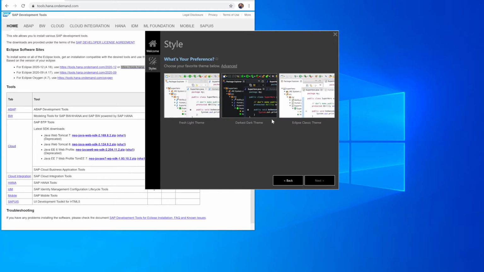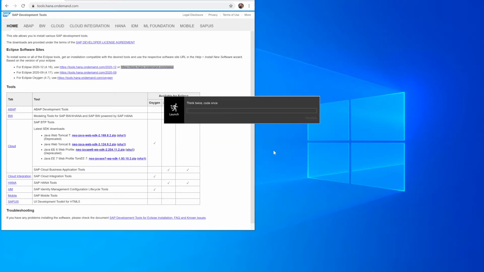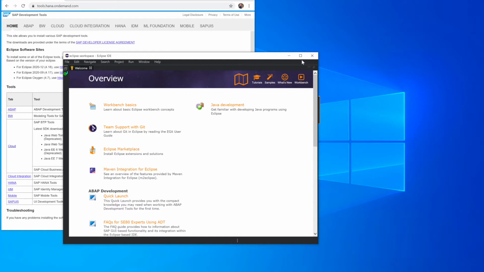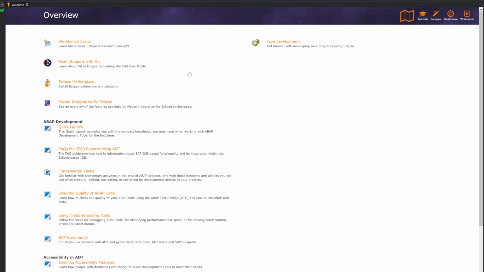So you have to select which theme you want, the classic, the light. I would like the darkest. And I have to wait again. So now my Eclipse is started.